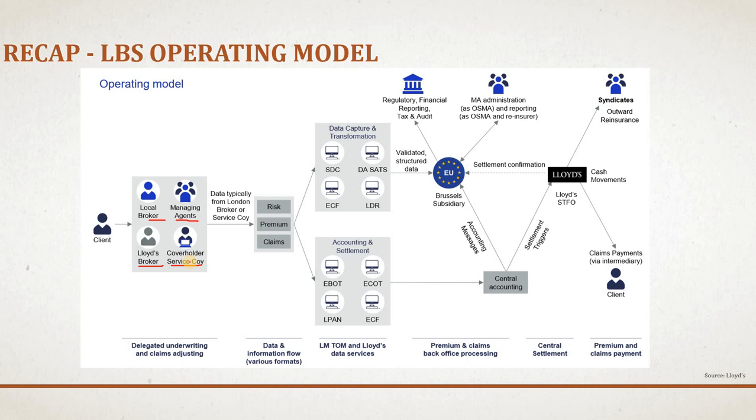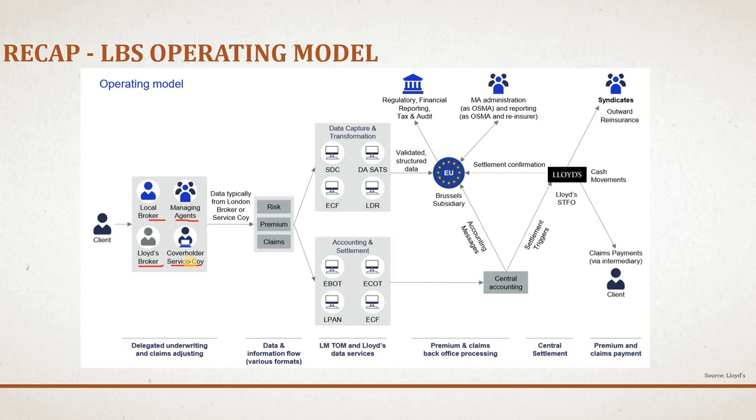Coming back to the process, the Brussels subsidiary will capture the contract level data required for operational purposes or processes. The Brussels subsidiary will largely outsource the placement and the administration of the risk, but will have its own operation function to carry out the critical administrative activities. The operation team at LBS will oversee the placement, claim, and endorsement handling processes, credit control processes, and technical and non-technical query handling. So they will be acting just like an insurance company. They have outsourced literally everything from the risk perspective to the managing agent.